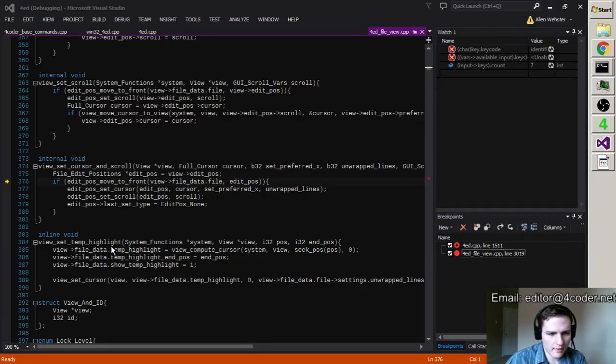I see. So the file has multiple edit positions, doesn't it? It's moving one of them to the front, and then leaving the other one where it was. And the reason, okay, is that it never ends up in the front for some reason. Yeah, I have to figure that out.